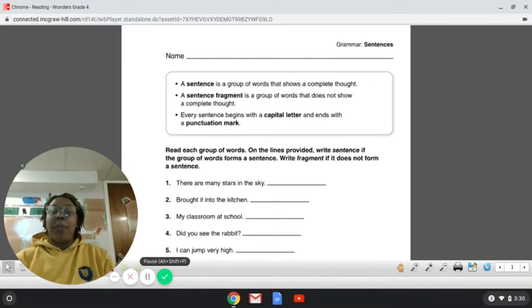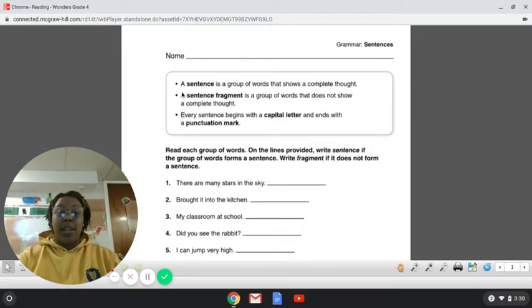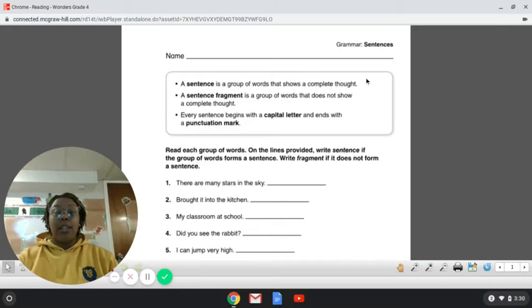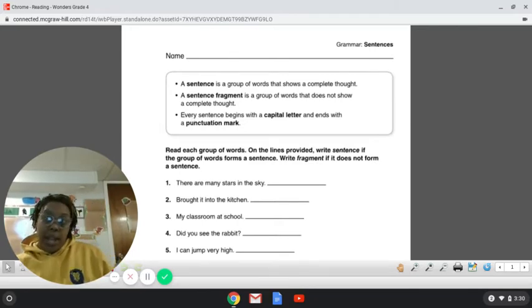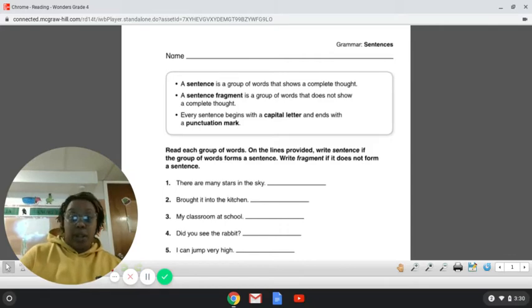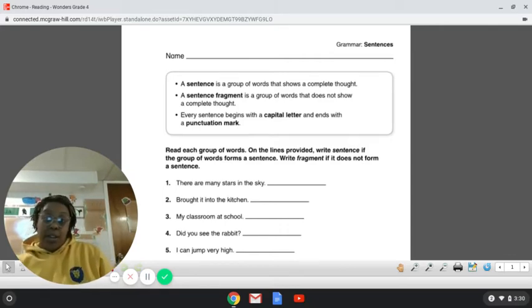So first, let's talk about the definition of a sentence and the definition of a sentence fragment. Up here, you can see a sentence is a group of words that shows a complete thought. There's a beginning thought and an end thought put together. A sentence fragment is a group of words that does not show a complete thought. They're only telling you one part of their thoughts. They're not telling you the beginning or they're not telling you the end. They're just telling you the beginning of their thought or just the end of their thought,